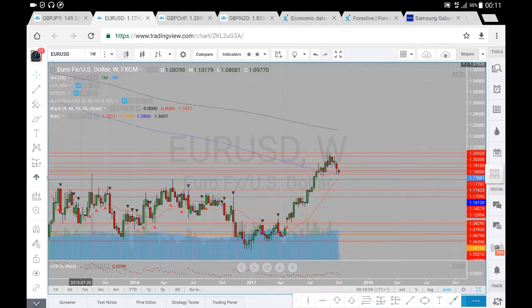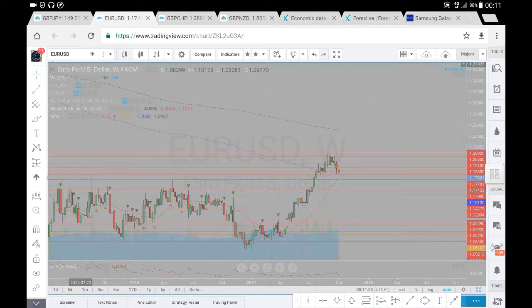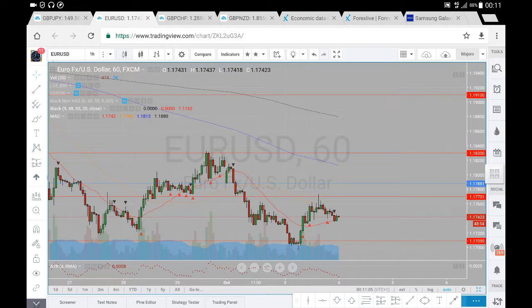117.88, it is correct. So if I go back down to the hourly, let's have a look at this. 117.88, that's the weekly pivot. It will also be the monthly pivot, and that's above the 117.70. So as we are below 117.88, I do give priority to bearish signals,